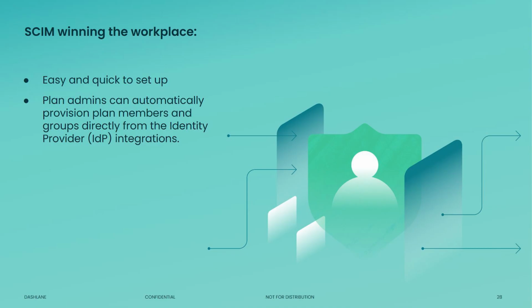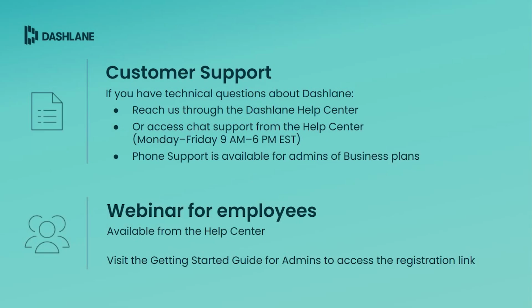We also have SCIM integration. SCIM would make your life easier also if you already have groups separating people based, for example, on departments in your identity provider. You can have those groups automatically provisioned and synced to Dashlane with the respective team members. A group that you have on your IdP will automatically be a sharing group at Dashlane. So the groups that you have there will not only add users to Dashlane, but also will create a sharing group.